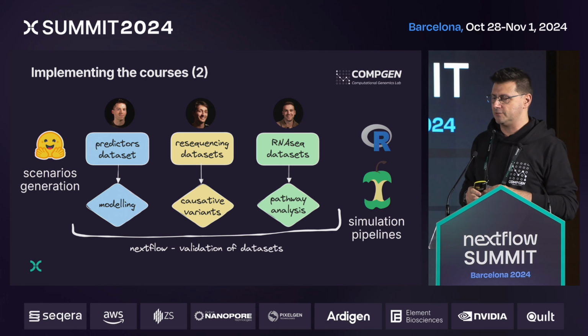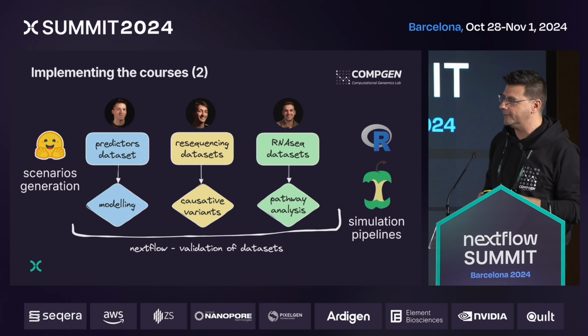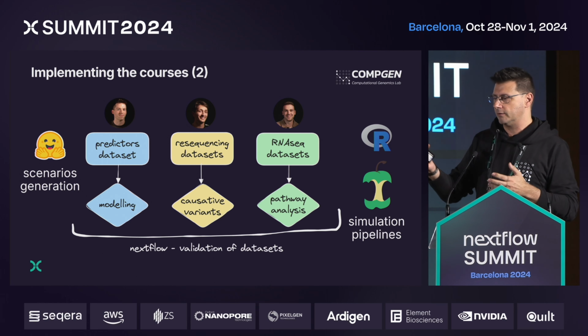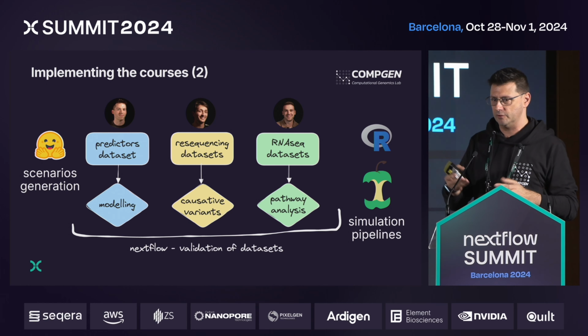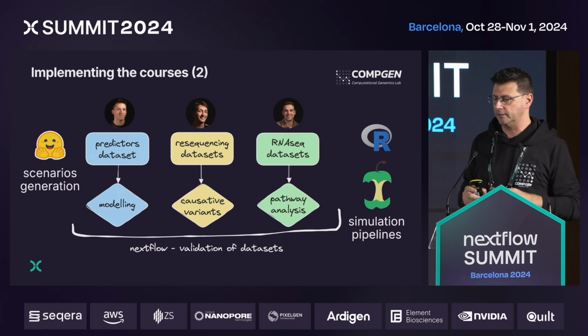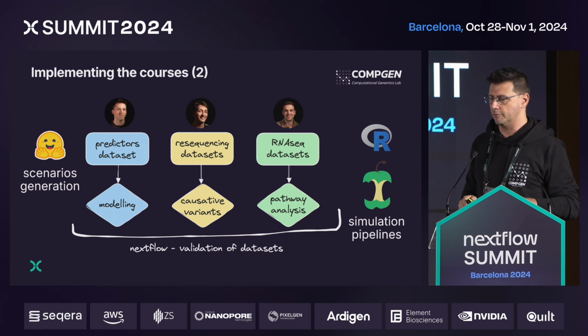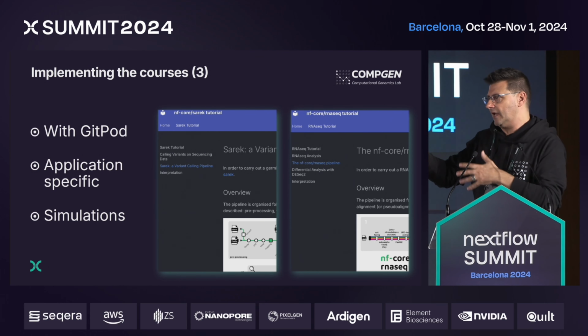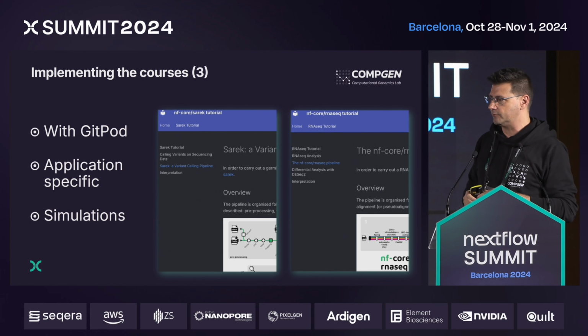We use AI to generate scenarios, so I'm very curious to see if we can use Seqera AI for this part as well. And this is also the reason why we are contributing, for example, to the variant simulation pipeline in nf-core, because we really believe that the simulation part is not just for benchmarking of a method or a tool. This has also resulted in a couple of tutorials that we contributed to nf-core repos on SAREK and RNA-seq